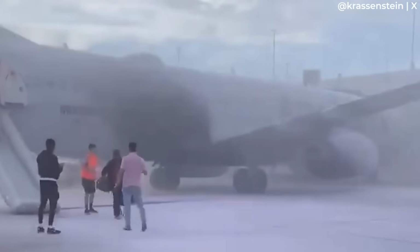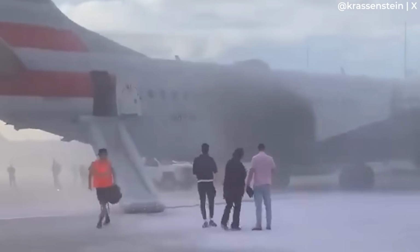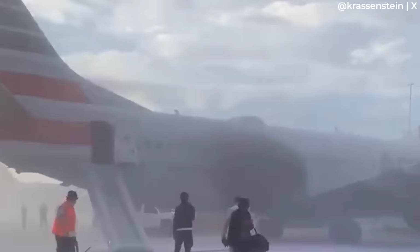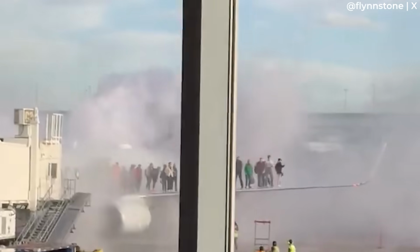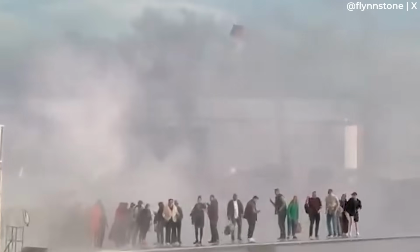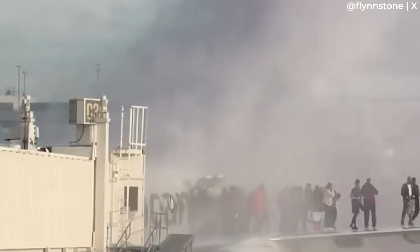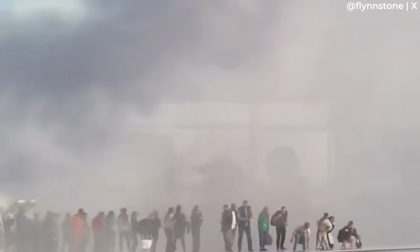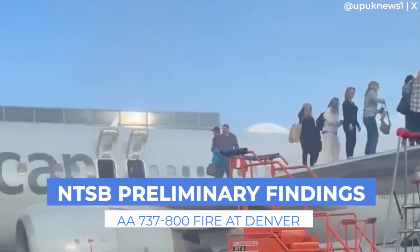Around mid-March, or March 13th, 2025 to be precise, you may have seen these dramatic images and video circulating on social media and television. Passengers on one side of an American Airlines Boeing 737-800 huddling on the jet's wing, while smoke billowed from the other side. The NTSB, or National Transportation Safety Board of the United States, has released its preliminary report, and here's what it